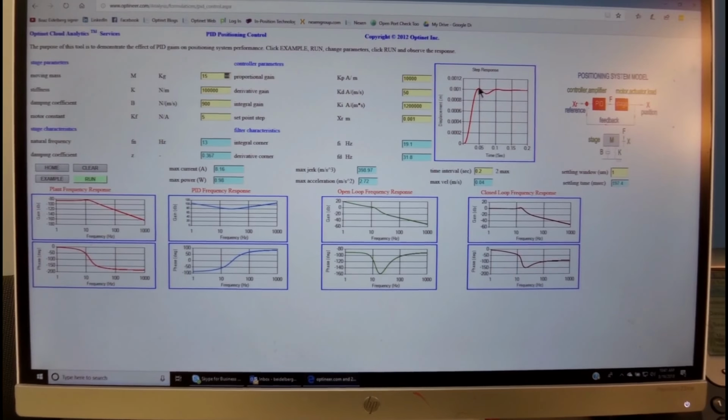This chart shows the time domain step response. You see how it oscillates. And all of these charts show the frequency response. So we'll start with the plant frequency response.